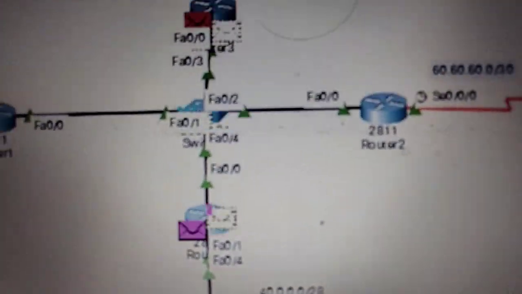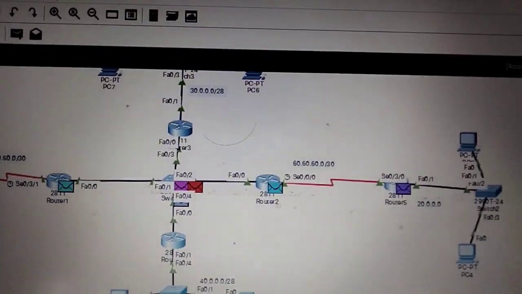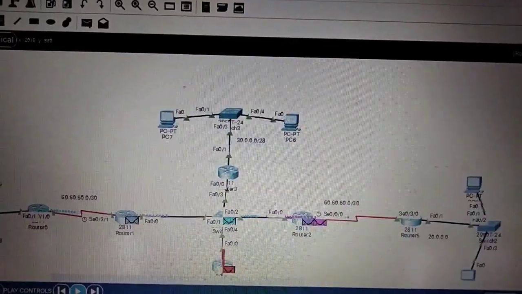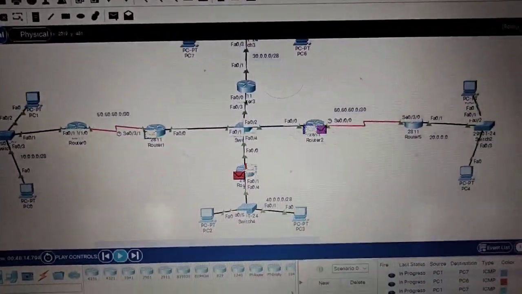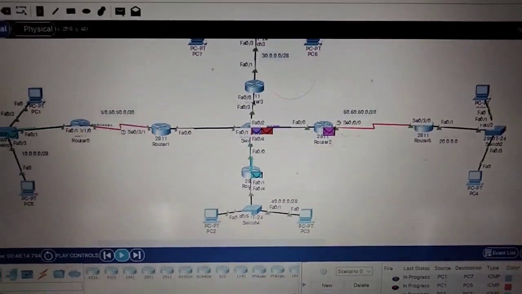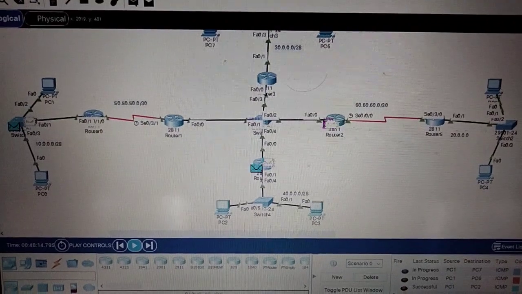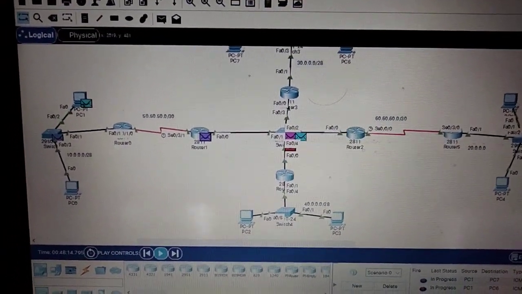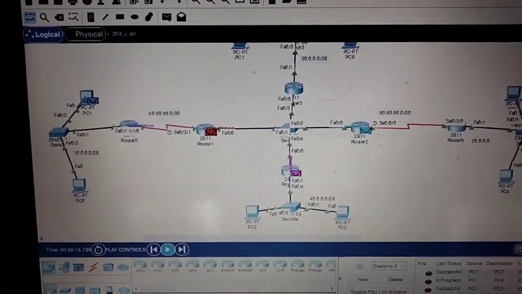See here, it is showing successful, every message is passing. Every message was passed and is returning to its own PC.